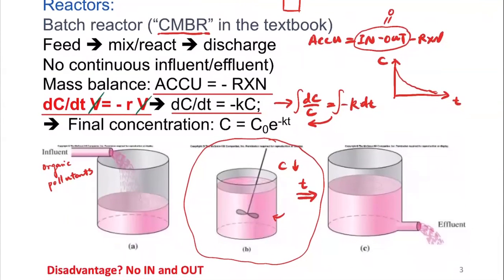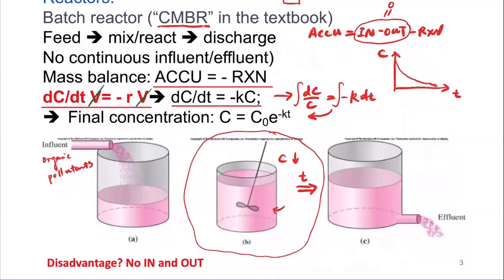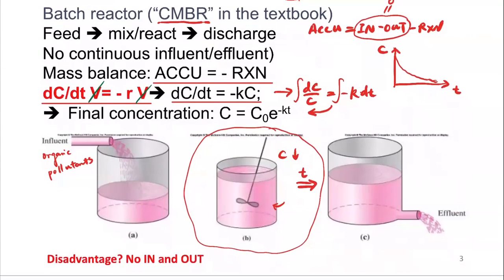But actually, if you go to the industrial plant, if you deal with the real environmental engineering devices, people never use these batch reactors, right? So there are some critical disadvantages with these type of reactors, or the batch reactor. As I have suggested here, you can see that there's no in or outflow. Okay, so this is a critical problem for this reactor,